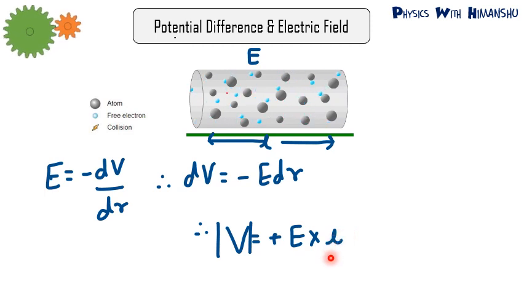So always remember, if you connect a battery across a wire, then there will be an electric field inside that wire. And if there is an electric field, then there will be potential difference. So potential difference V will be equal to the value of electric field into the length of the wire. So V is equal to E into L. This is a very important formula to be used in upcoming derivations of this chapter and further chapters. So you have to write down this formula. I'm giving you 1 minute to please write down this derivation. V is equal to E into L.